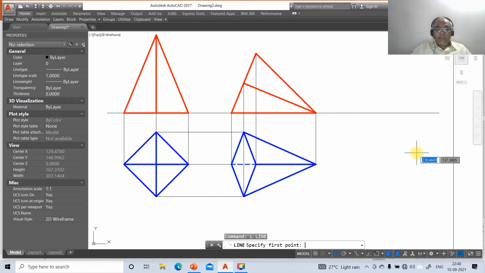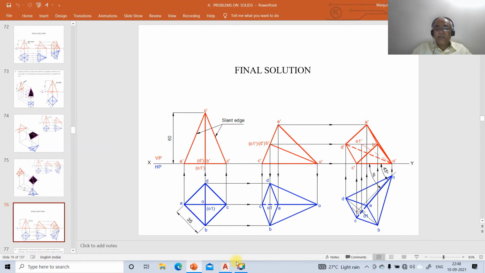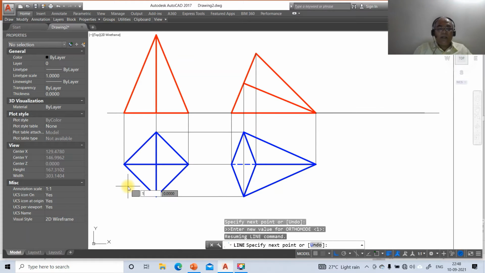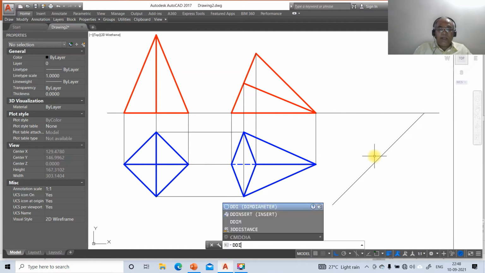then you just go to line, take nearest point on this. So here you have to have the beta inclination, so here at the rate 100 less than minus 135. So once you do that, then we go to DDIM,